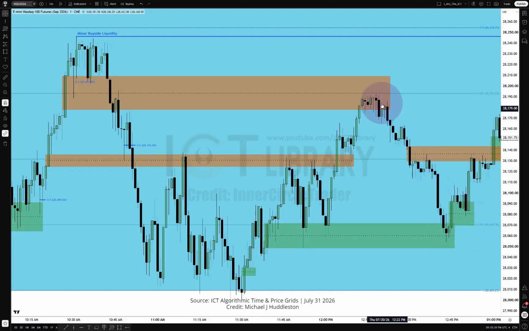Inversion fair value gap trades down to the discount array. Do the bodies breach the consequent encroachment? The buy sign of balance, sell sign of efficiency here? No. Is that bullish or bearish? Bullish. Well, it snaps up. Then we get this buy side of balance, sell side of efficiency here. One single candle